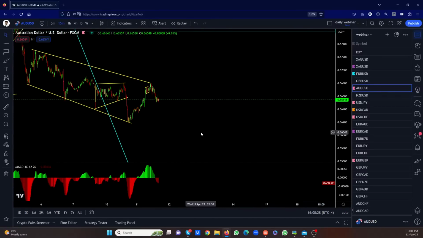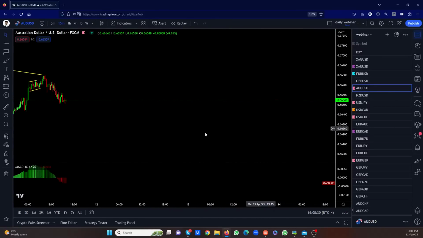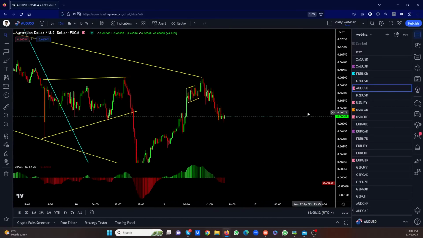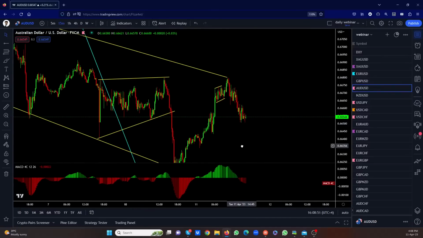This is coming down. I was trying to get a trade into it, but I wasn't in front of the computer all the time. And there was a small flag here. I think some of my traders might have picked that one up. If you put the entry order here, you're in it. If it makes another one here, we get the entry order and we're going with that. So if we get another consolidation here, we're going with the sell on Aussie. We're looking for a sell setup. Let's get a consolidation there and we're going to take the trade.